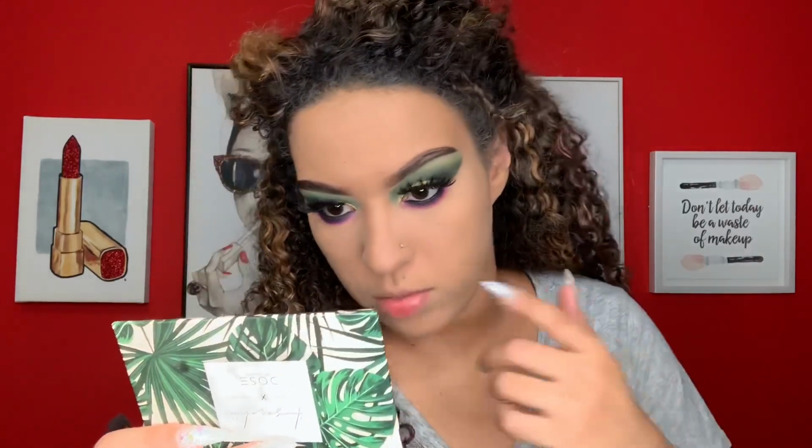I'm gonna do my foundation and concealer off camera and I'll be back. I'm gonna keep it real with you guys. Even though I feel like the pigmentation on this side looks a lot nicer, I would never do the Plouise on my lower lash line because doing your lower lash line before your face and your concealer, like, that was annoying. Like, I don't know how people do it. I didn't like that. The eyeshadow looks amazing, the pigmentation looks amazing, but I don't like doing my lower lash